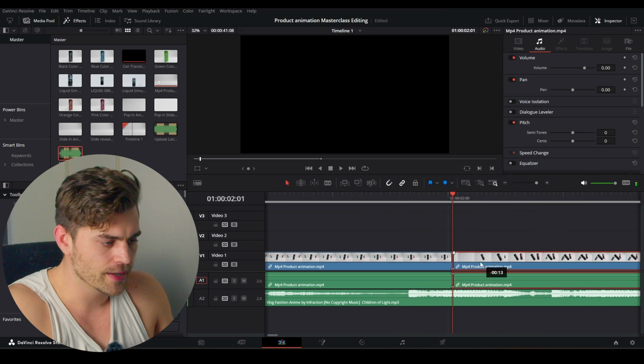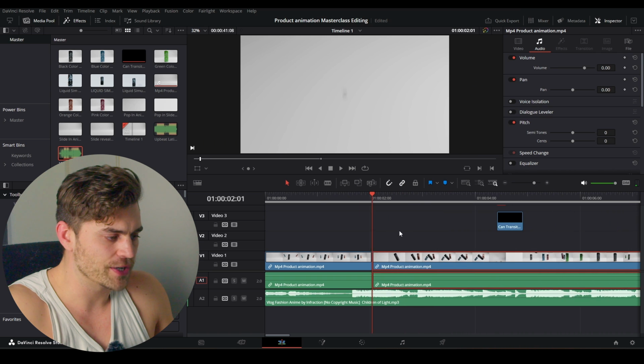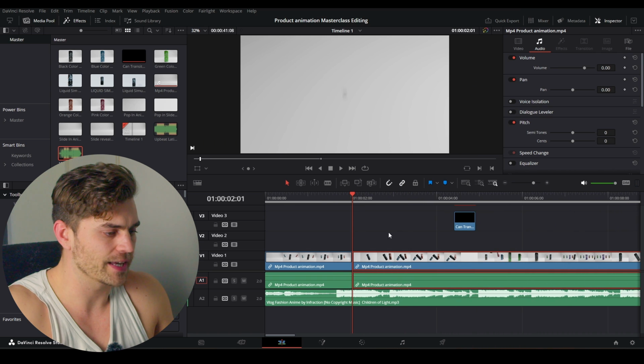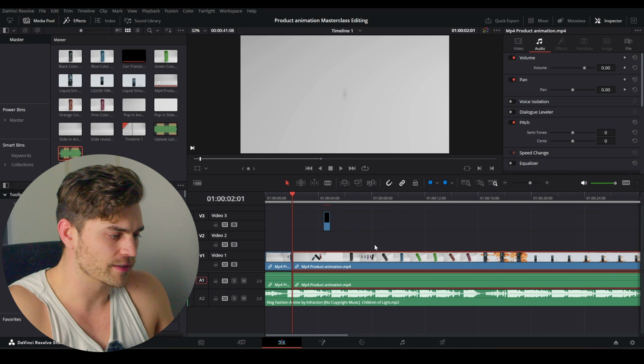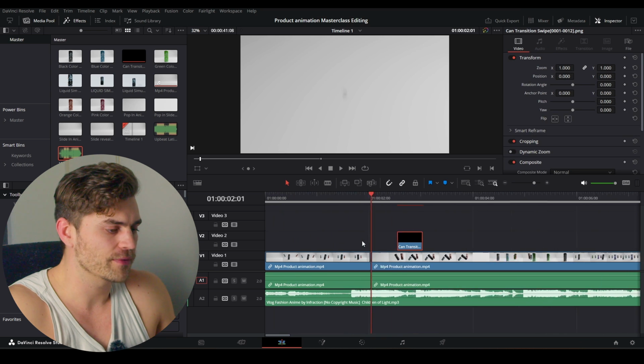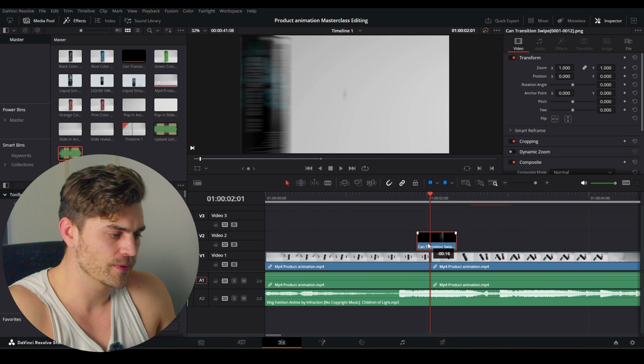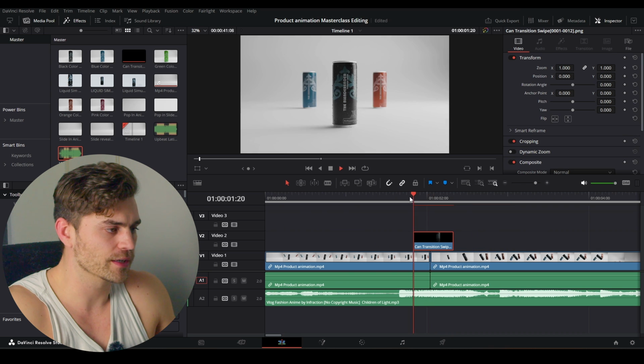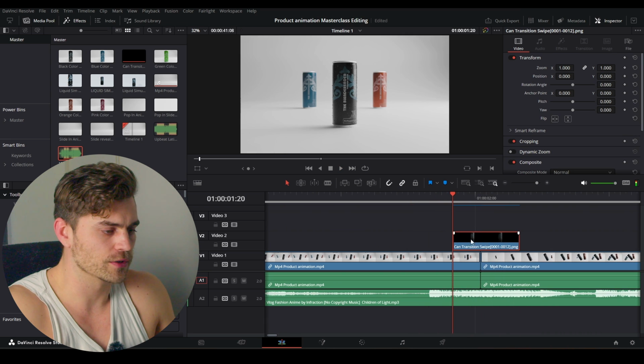It's right over here. And we can place our pop-in animation right next to our slide-in animation. And of course it's a giant MP4, so we have to cut everything by hand. And now we still have our PNG swipe transition, and I'm going to place it right over here and make sure that it looks correct.